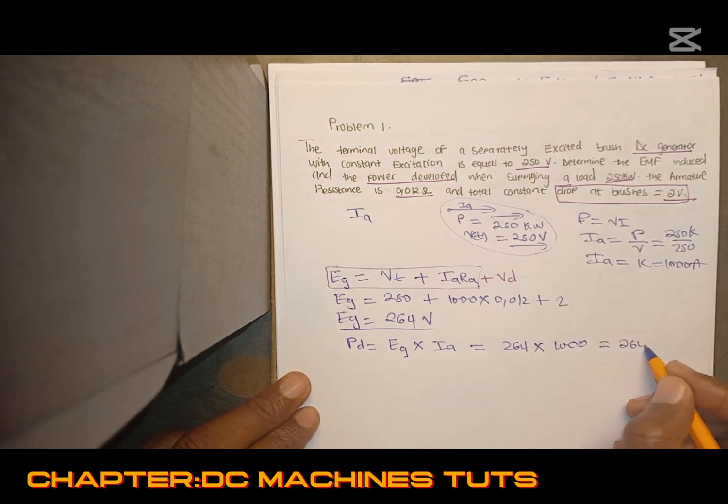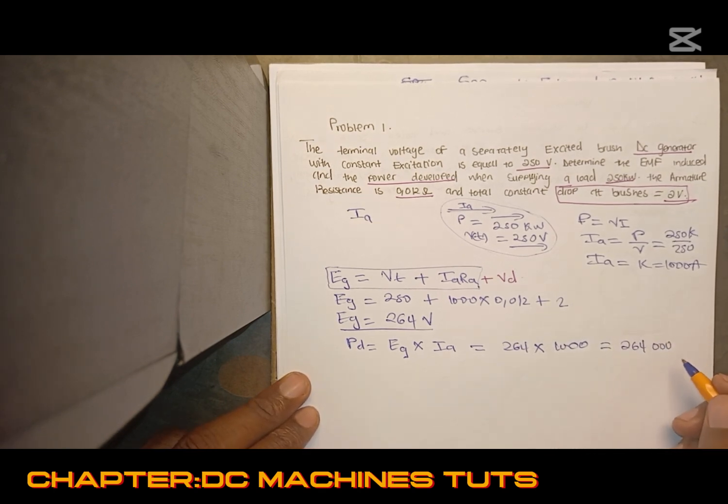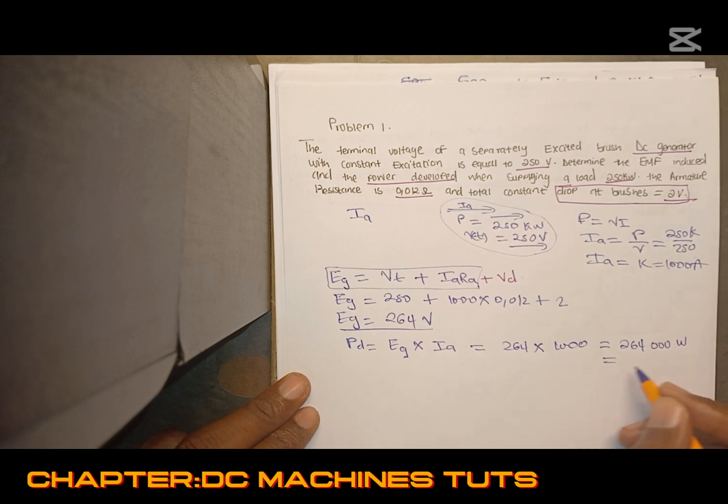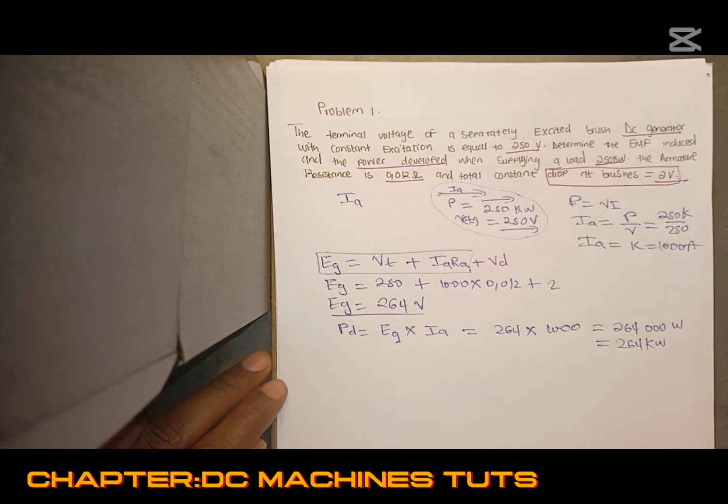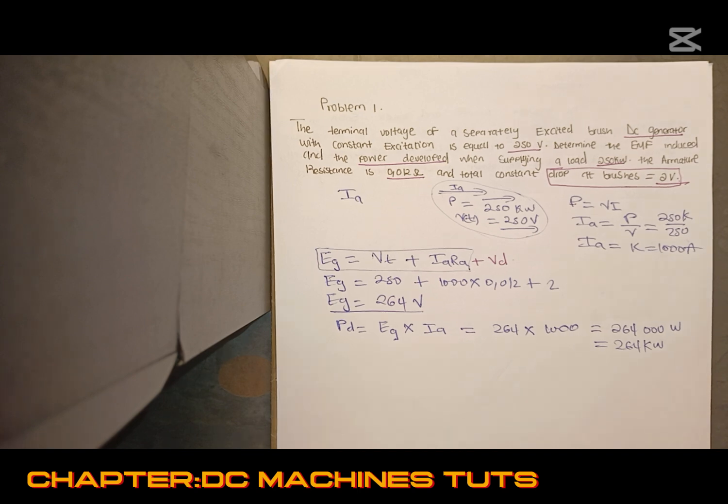Then it's 264 million. 264 million watts, so it's 264 kilowatts, right? So the power developed is always greater than the induced EMF when we are dealing with a generator, right? So the EMF that we get should be smaller than the EMF that we have. So the induced power, right? Now going to